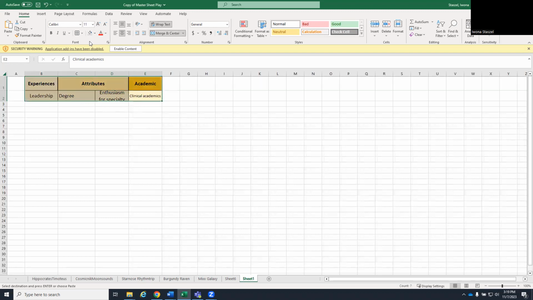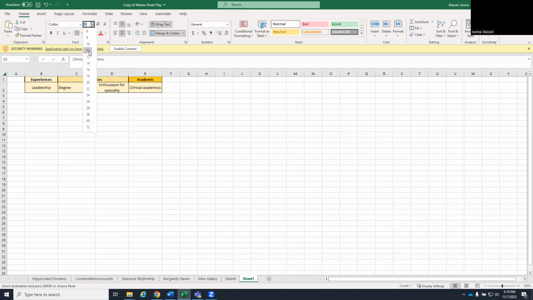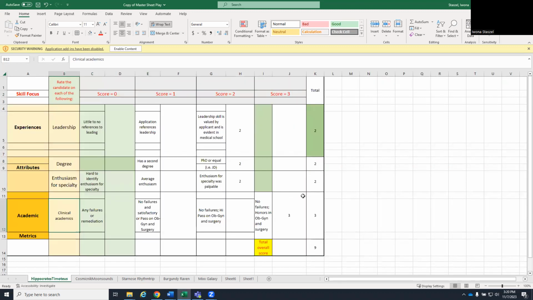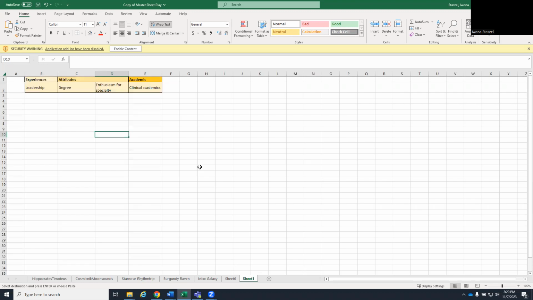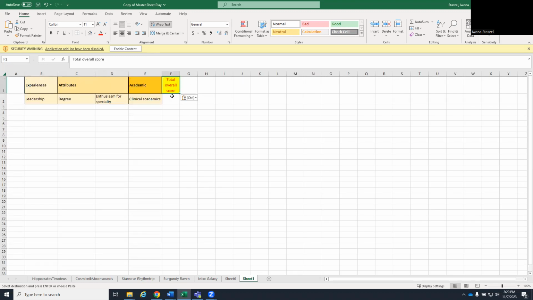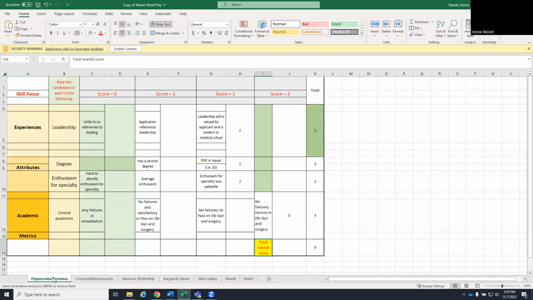We could actually reduce these fonts. Formatting there. Okay, perfect. So it looks like we have everything. I'm also going to do total score. Okay, perfect. So next what I'm going to do is take the name that I have here,